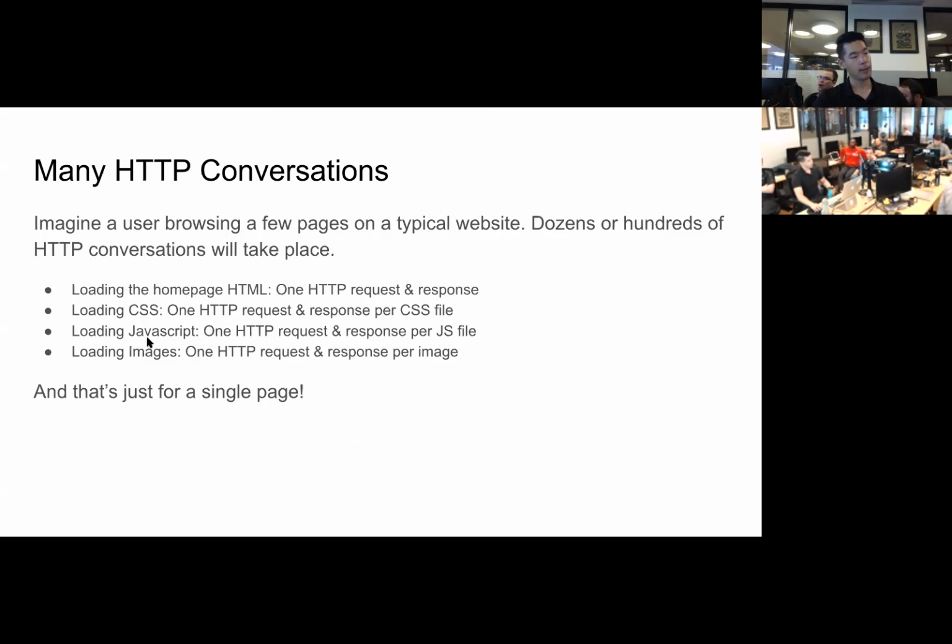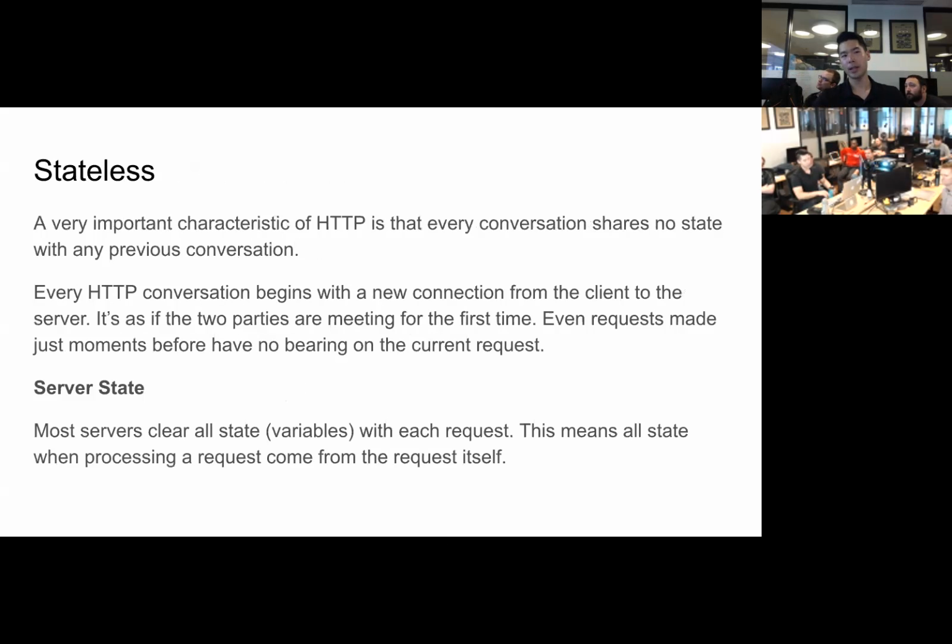JavaScript, like if I go to twitter.com and I keep scrolling all the way down to the bottom, it's going to reload stuff every single time. That's all the JavaScript files that you need underneath the hood. Images, we saw it on target.com. There were 206 HTTP conversations just to load one particular page. So it's more than just one thing happening underneath the hood. Jumping into that